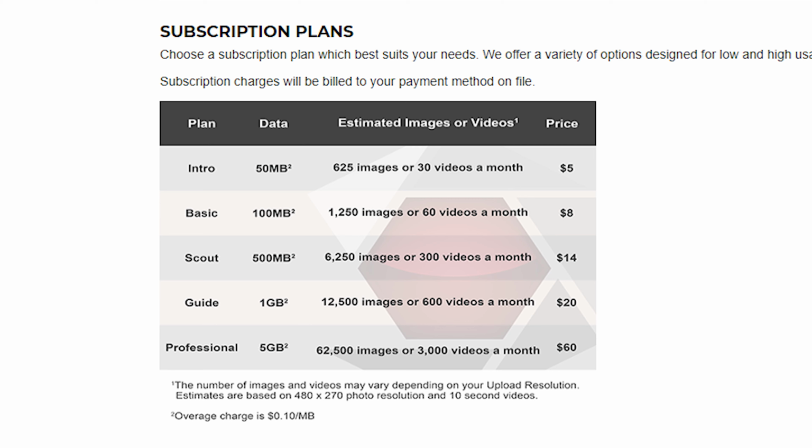So generally speaking, I normally only run my cell cams on pictures just for the sake of saving data. You can also choose on Stealthcam how compressed your files come across. So if you wanna just see what the picture is, you don't care if it's full HD quality, you have the option of choosing a very compressed file so it takes less data and you can have more pictures transferred